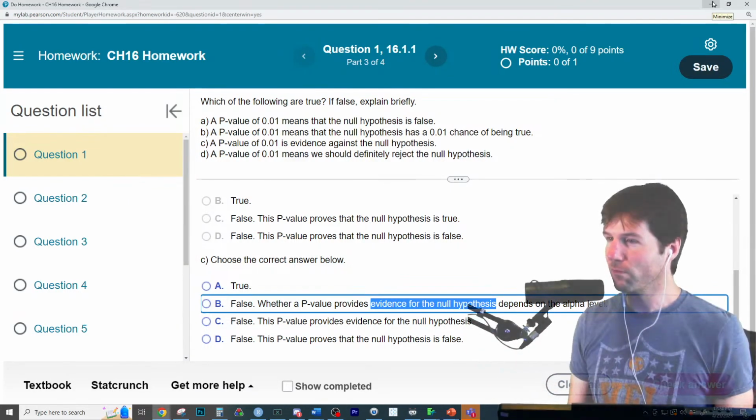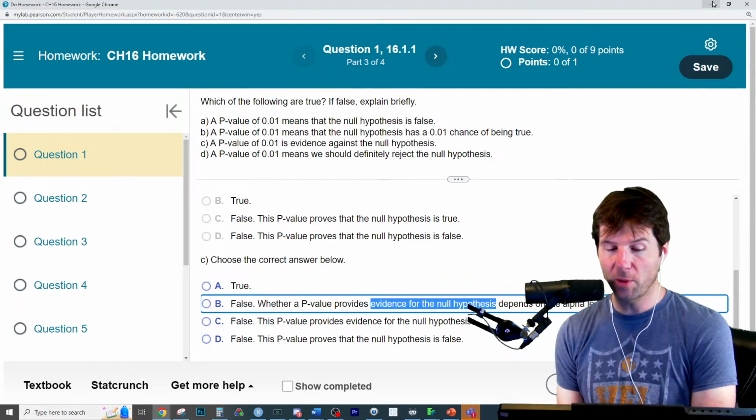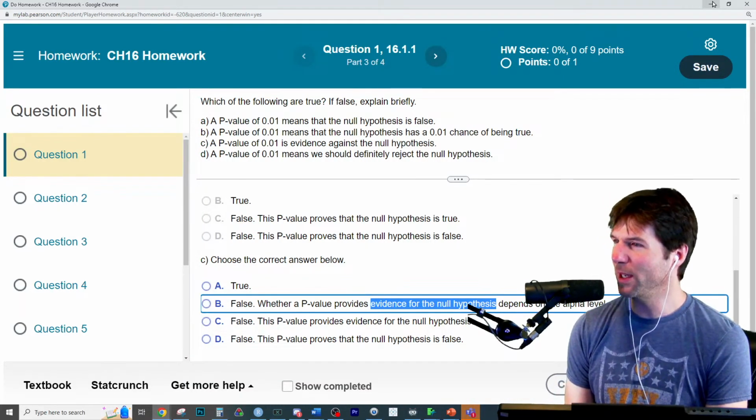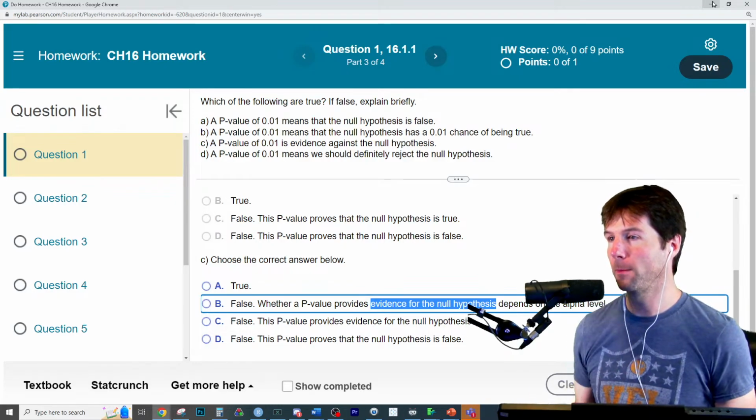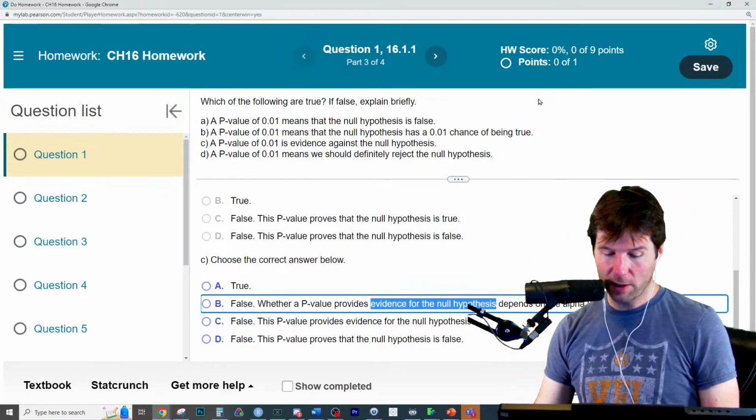And yeah, these questions are pretty good. There's a few I don't love as much. P-value of 0.01 means we should definitely reject the null. Pretty much. It really depends on what, which I think is this answer right here. You reject the null when what? Very clear and easy statement.